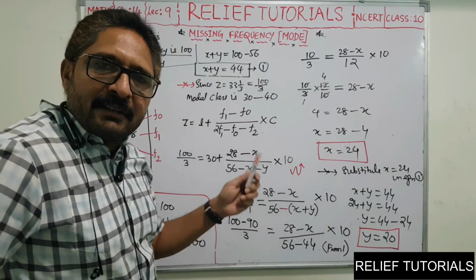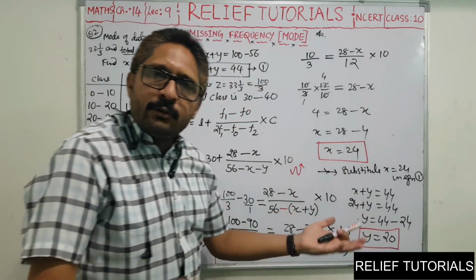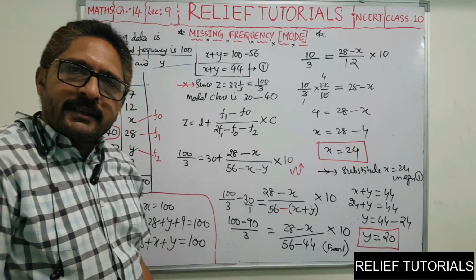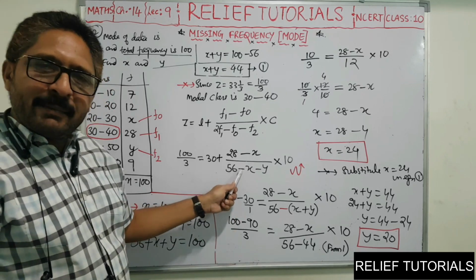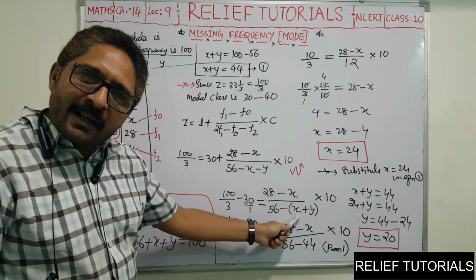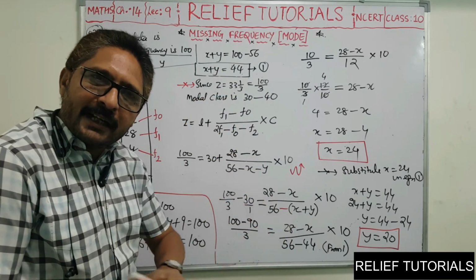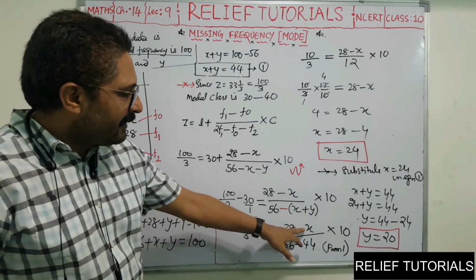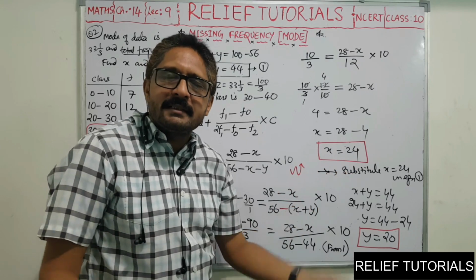So this is our second variable y. x and y: 24 plus 20 gives 44. x plus y is 44. Have you got it? So here there is only one turning point. Here you have to take minus common, so it becomes x plus y, and substitute the value of x plus y equal to 44. In this way you can eradicate one variable, and only one variable will be left, that is x. An equation with one variable can be easily solved.